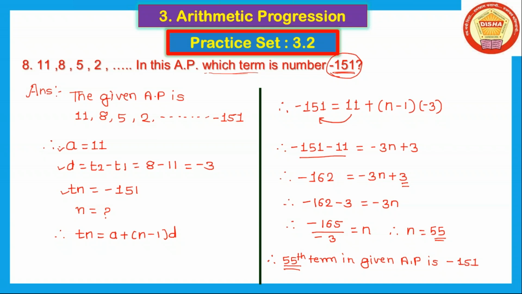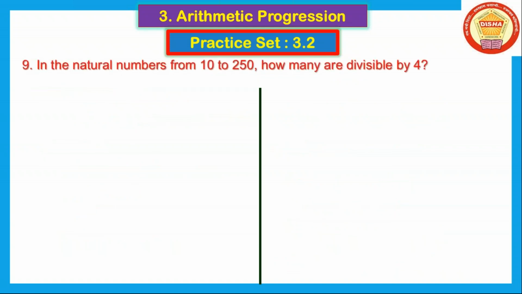Okay. Then we take the next example. Example number 9. In the natural numbers from 10 to 250, how many are divisible by 4? We take the same question, that is the numbers divisible by 5. याच्या अगोदर आपण एक एक्झाम्पल पाहिलेला आहे. 3 digit नॅचरल नंबर डिव्हिजिबल बाय. सेम तसाच क्वेश्चन आहे, पण इथं लिमिटेशन्स दिलेली आहेत. 10 पासून आणि 250 पर्यंत 4 ने डिव्हिजिबल असणारे किती नंबर्स आहेत?